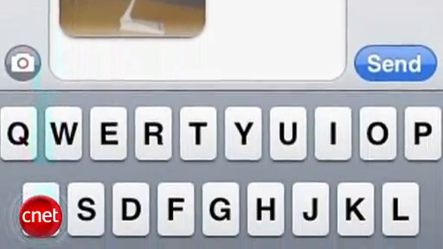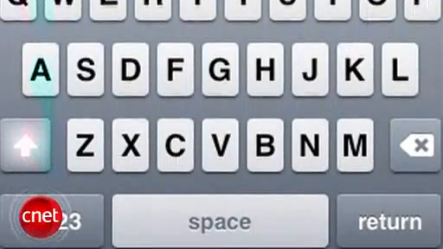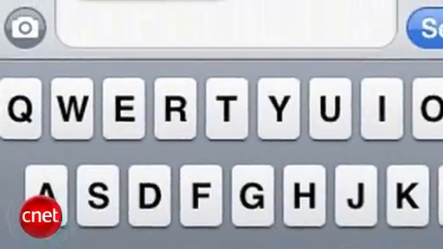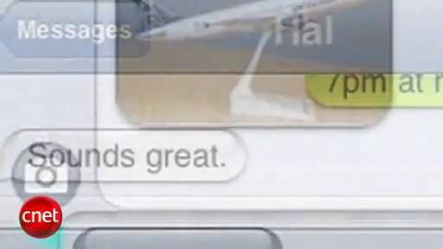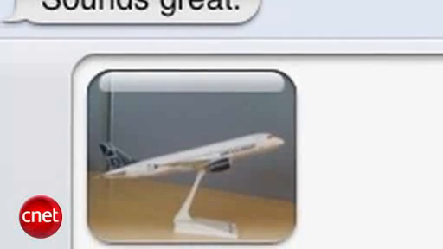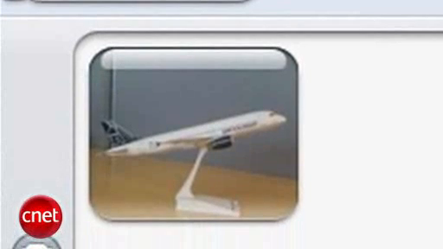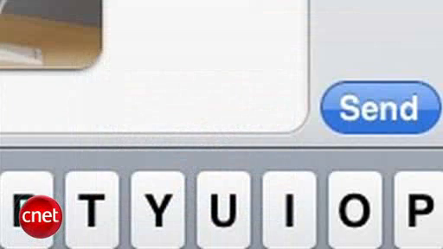What I can tell you, though, is when we first got a beta version of OS 3.0, it was pretty easy to add a picture to your text message. We couldn't actually send it, but when you were in your writing area, a little camera icon appeared right next to that. If you press that button, you could then go to your photo menu. You could select the photo that you want. It would then add it to your writing area,